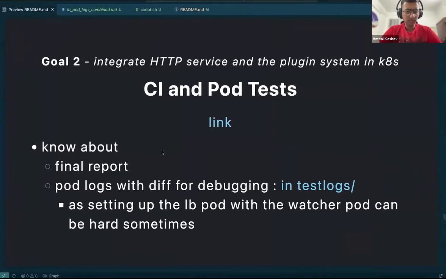We saw the final report. Next, pod logs with diff for debugging and test logs. I'm discussing this part because setting up the load balancer pod with the watcher pod can be hard sometimes. What this does is